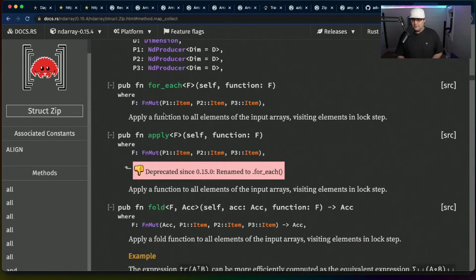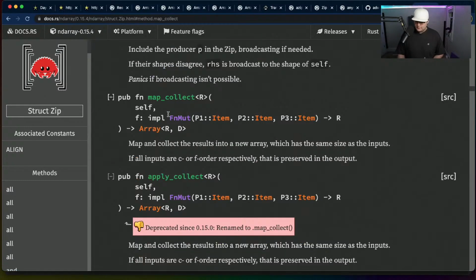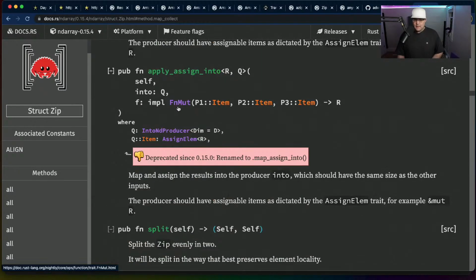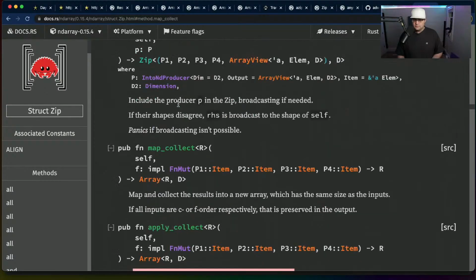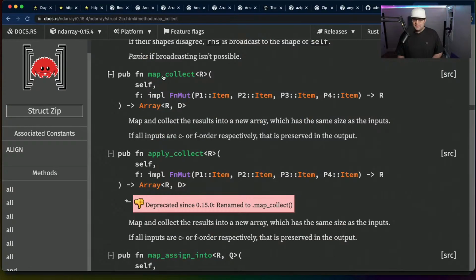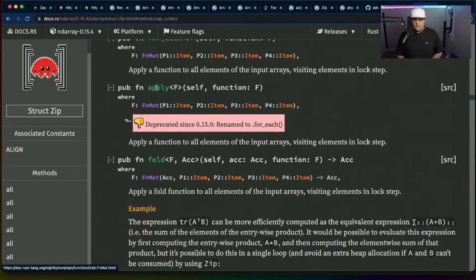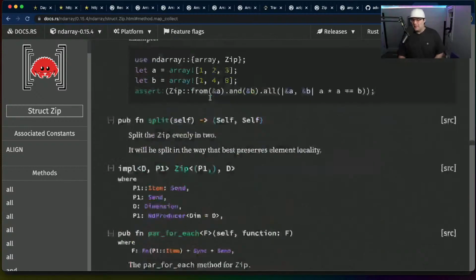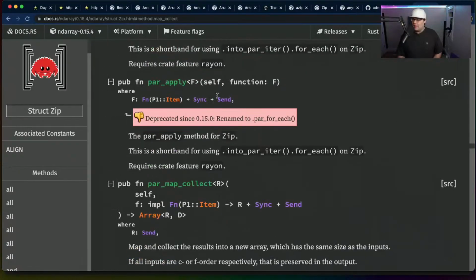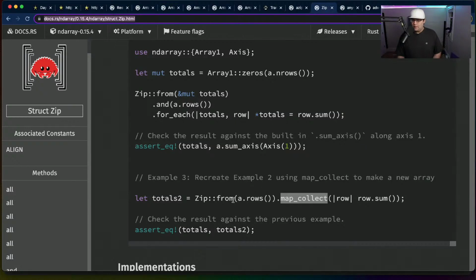I don't see anything else that looks interesting. Apply collect, map collect. Why am I seeing map collect 3 times in this documentation? I feel like I'm having a... oh, because it's an implementation for a bunch of different dimensions. Okay, I got you. So if we go back to the zip and we look at this, it's going to